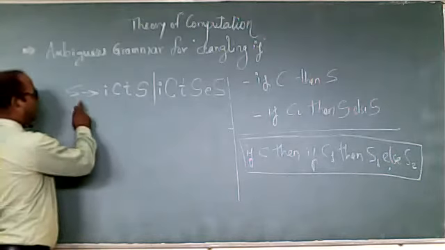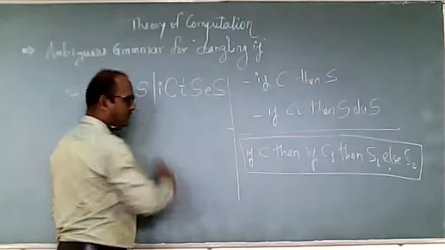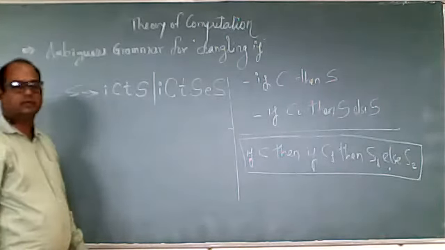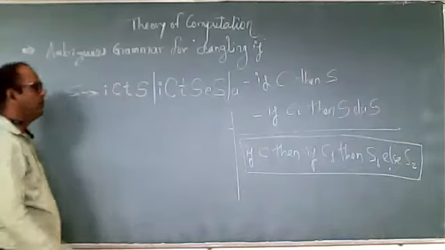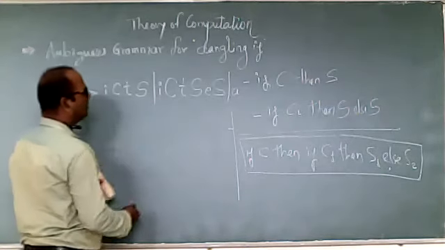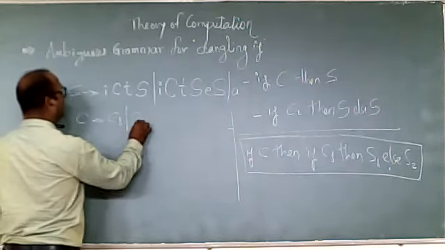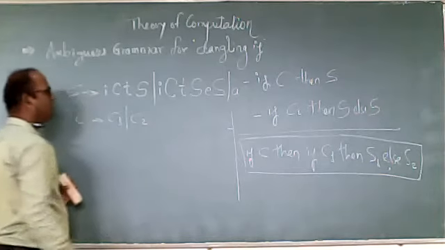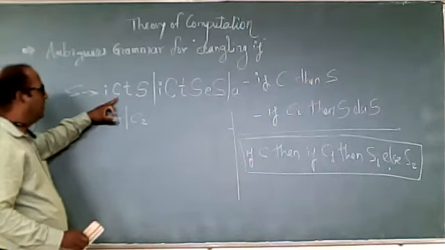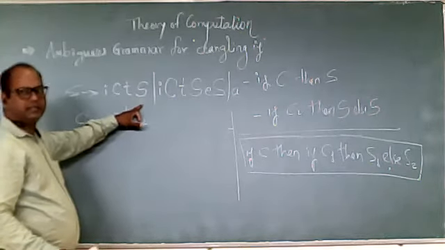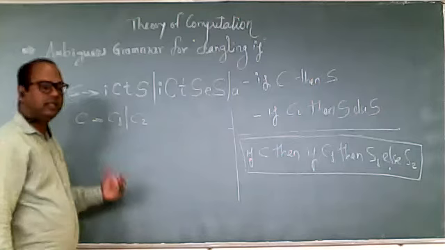So I can say the if, the beginning starting symbol, may come with this format or this format or this format. Here for termination we use some variable a or the epsilon for the termination symbol. It doesn't have any meaning, but for the termination we must use this. And what is the C? C is C1 or C2, condition 1 or condition 2. So here I stands for the if, C for the condition, T for the then, S for the statement. If condition, then statement, else statement.